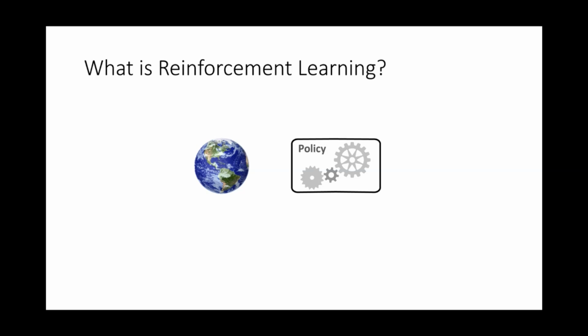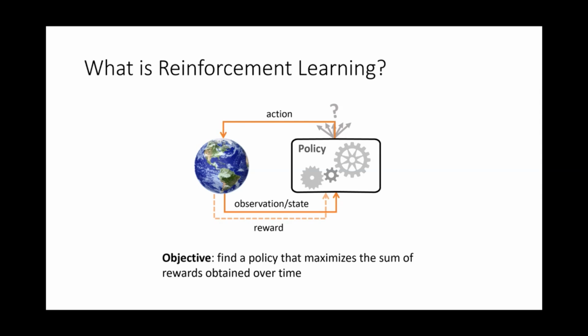So just a quick primer and reminder on what reinforcement learning is about. It's an interactive learning process between an agent and its environment, where the agent repeatedly observes an observation or a state. We'll typically stick to the term state. It chooses one of available actions and observes a reward from the environment. And this process repeats many, many times, and the objective is to find a policy. Policy here is a mapping, a function that takes in a state and spits out an action. And the goal of the agent is to find a behavior policy that's going to maximize the sum of rewards